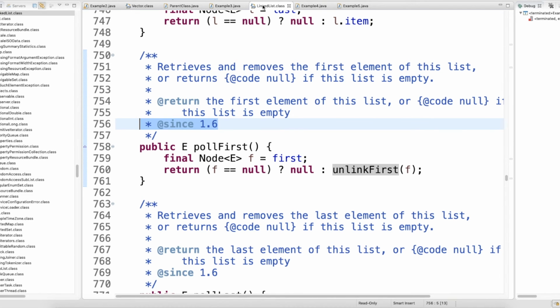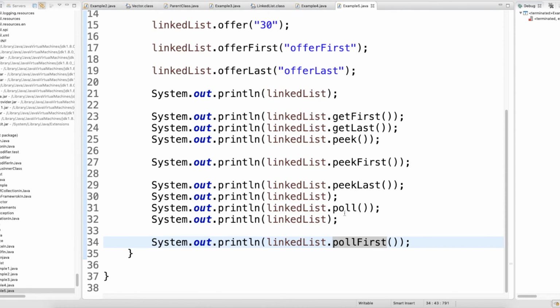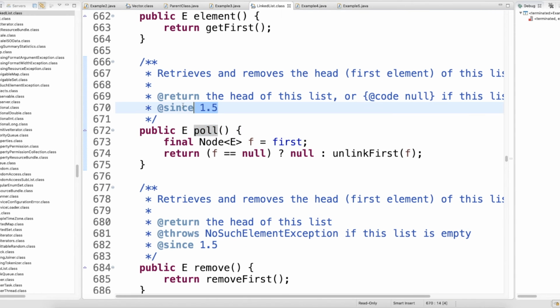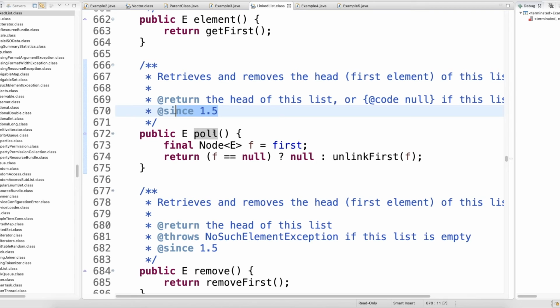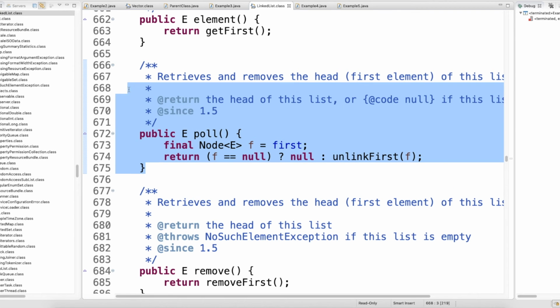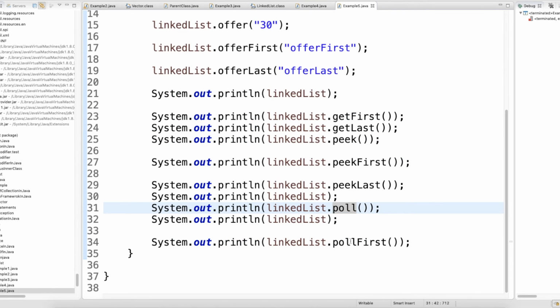This came in Java 1.6, whereas your poll method came in 1.5. So I can retrieve the first element of the list. I don't know why these two methods; definitely I might not be aware, even I need to learn this, like why this first. But here you try to understand all these methods. This will help you to understand queue and stack.